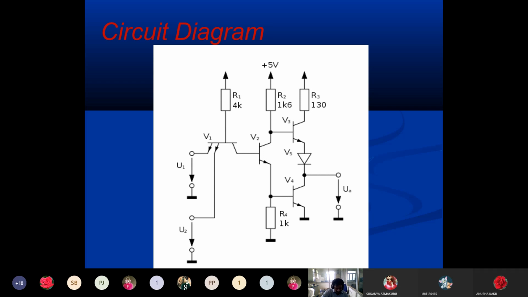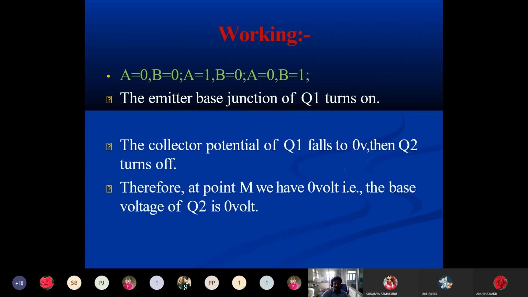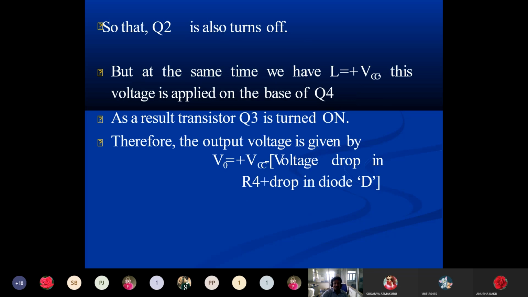So if all the transistors are used as Schottky transistors, which do not saturate, the circuit provides a shorter rise time when switching from off to on. So this is the operation of this transistor case. We have two cases: one is the turn off case and the other is the turn on stage.